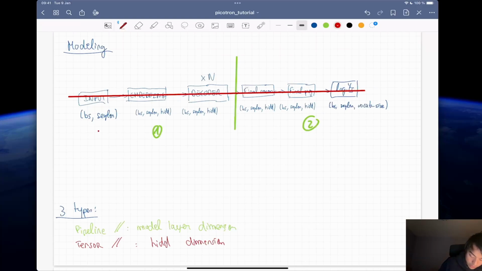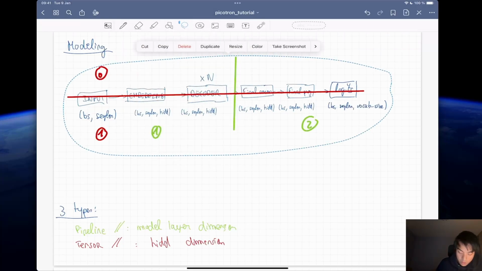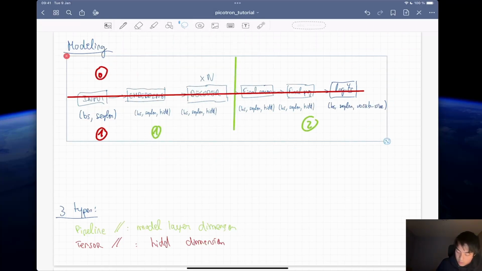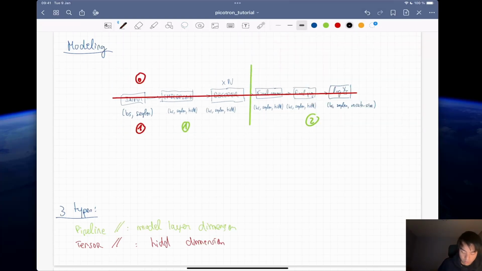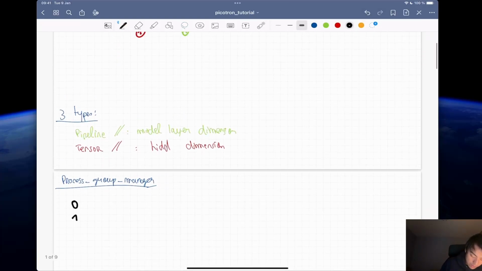So I will do it this way, 0-indexing, so big up, and 1, no, maybe the other way around. This is for GPU 0, GPU 1, okay? And now that we have discussed the TP and PP, we are missing an important one and the most common one, the data parallel,